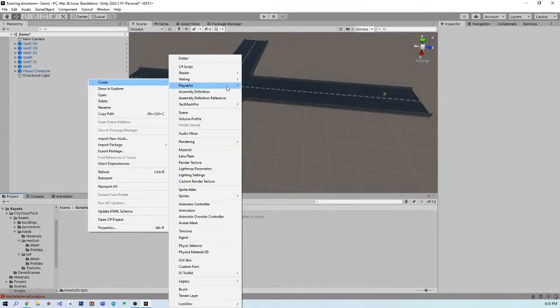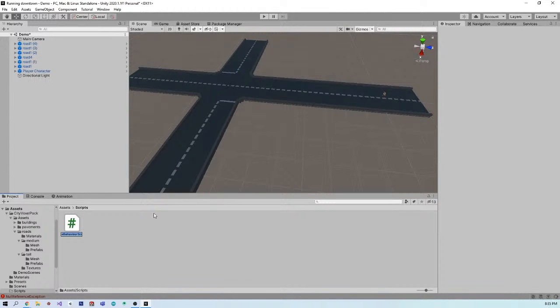Create a C# script, and I'm gonna name this character movement. Movement manager. If I open it,